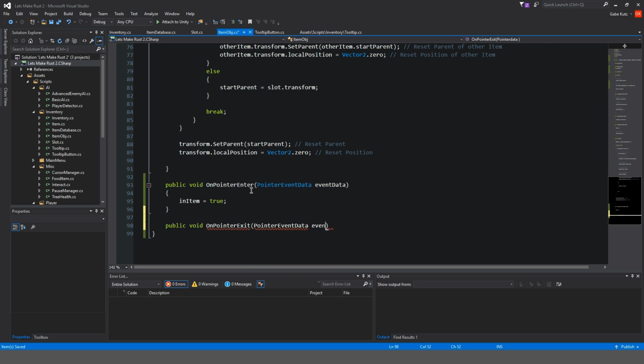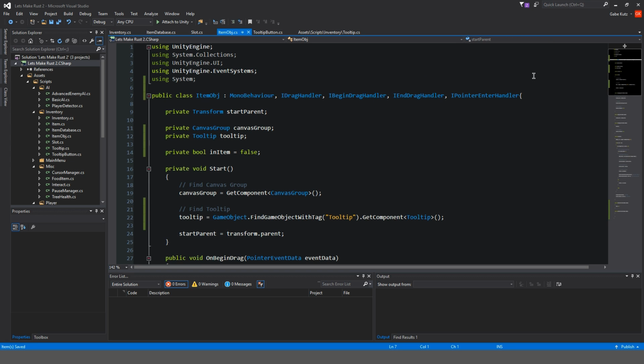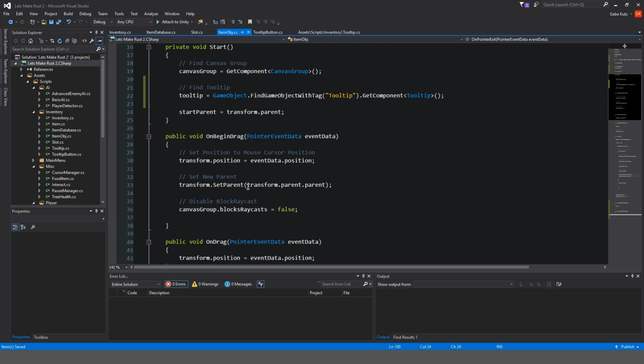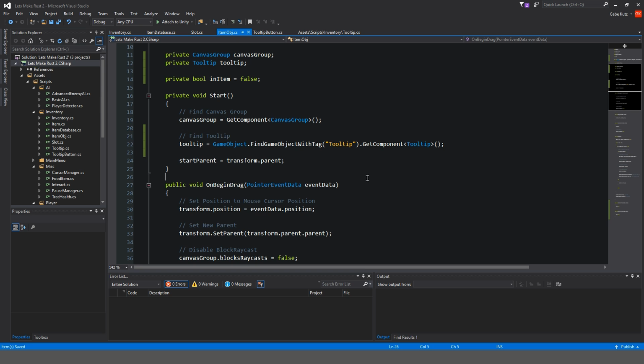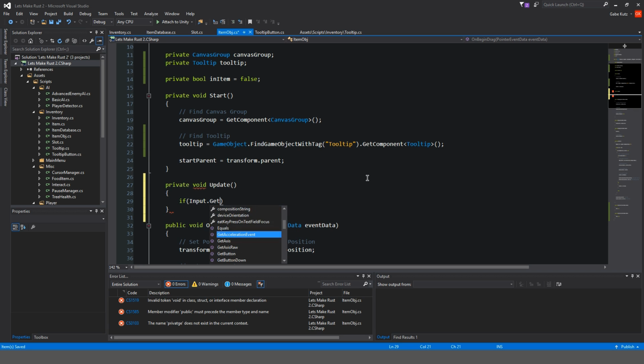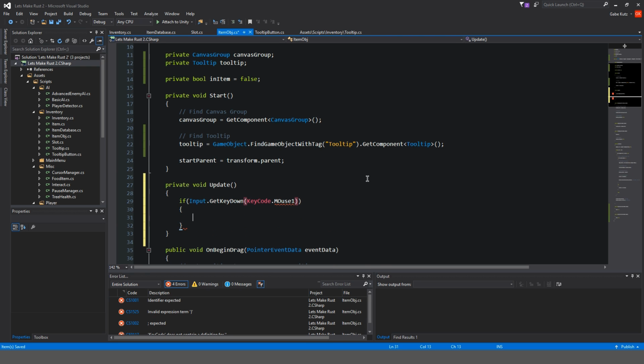data, event data. Okay, and now we're gonna have to implement that interface, so IPointerExitHandler. Okay, so now inside of here, in item is equal to false. Now we're gonna have an update here. So we're gonna do a private void update. We're gonna do if Input.GetKeyDown, KeyCode.Mouse1, which is right click, the right click is going to